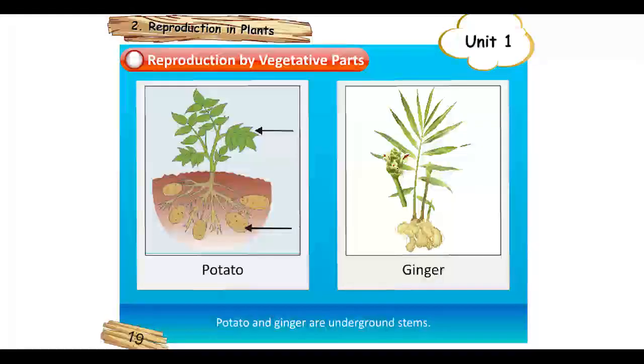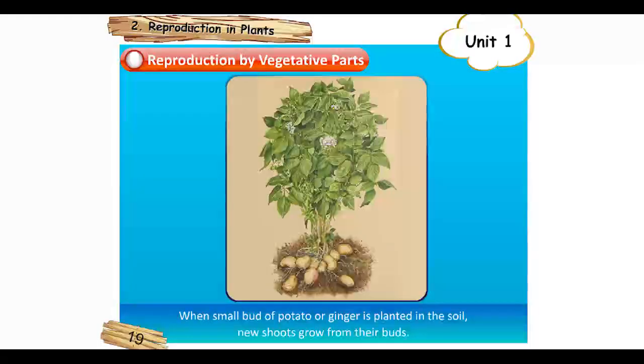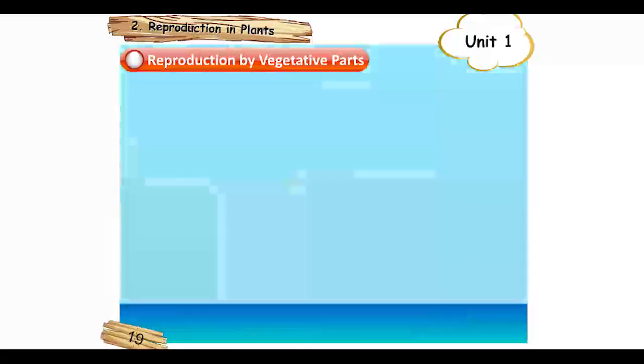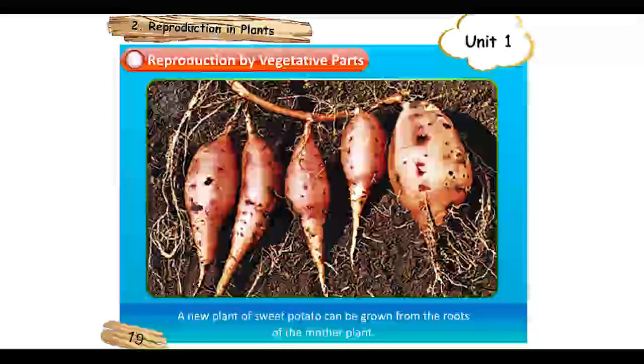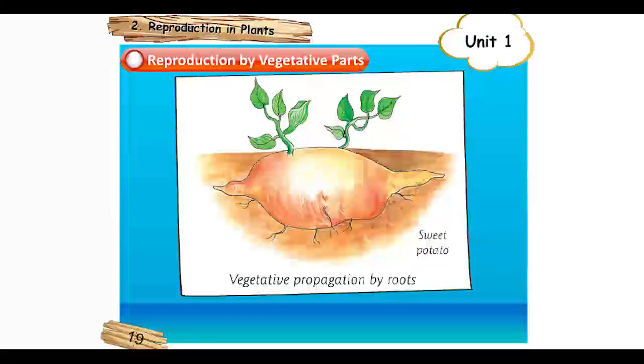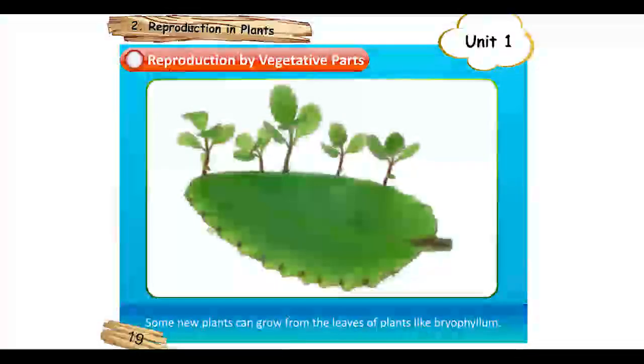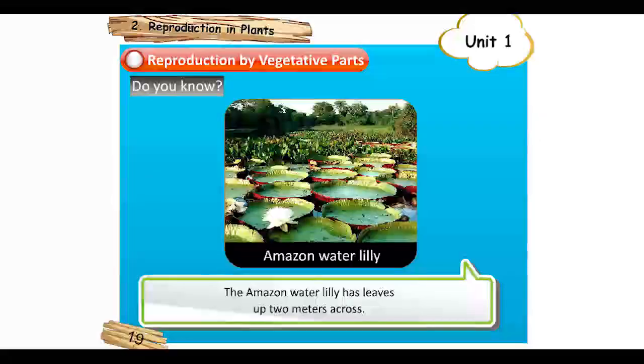Potato and ginger are underground stems. When a small bud of potato or ginger is planted in the soil, new shoots grow from their buds. By roots. A sweet potato is really the root of the plant. A new plant of sweet potato can be grown from the roots of the mother plant. By leaf. Some new plants can grow from the leaves of plants like bryophyllum. Do you know? The Amazon water lily has leaves up to 2 meters